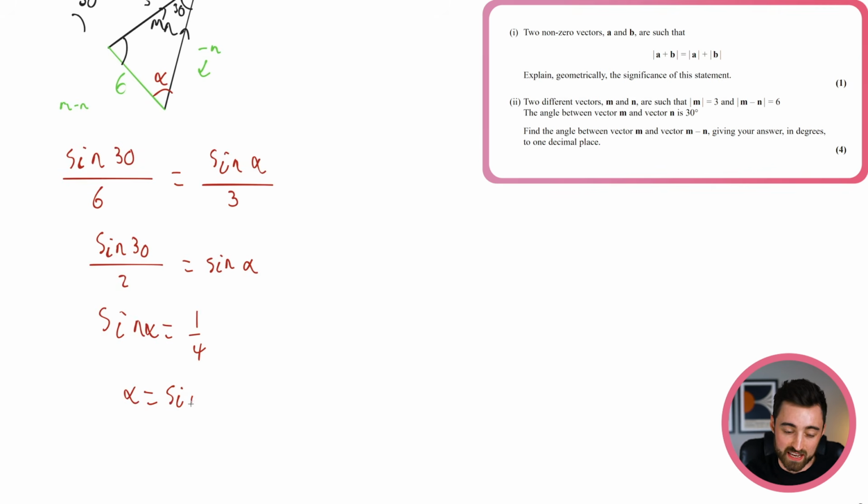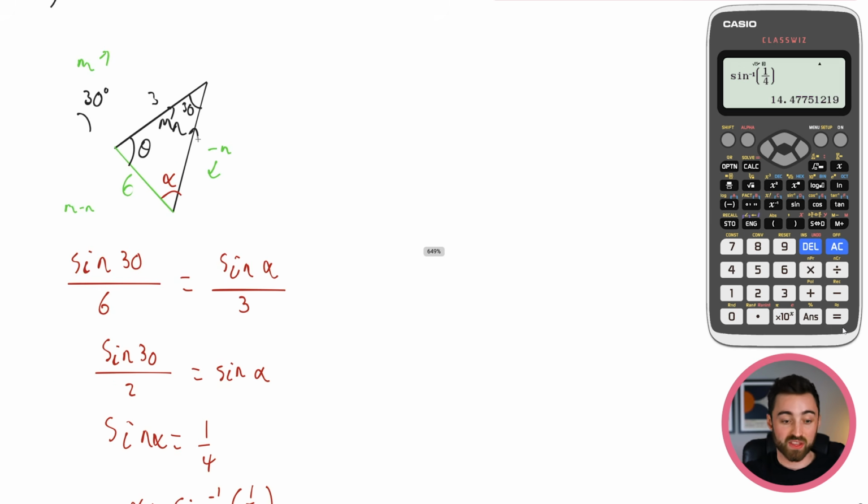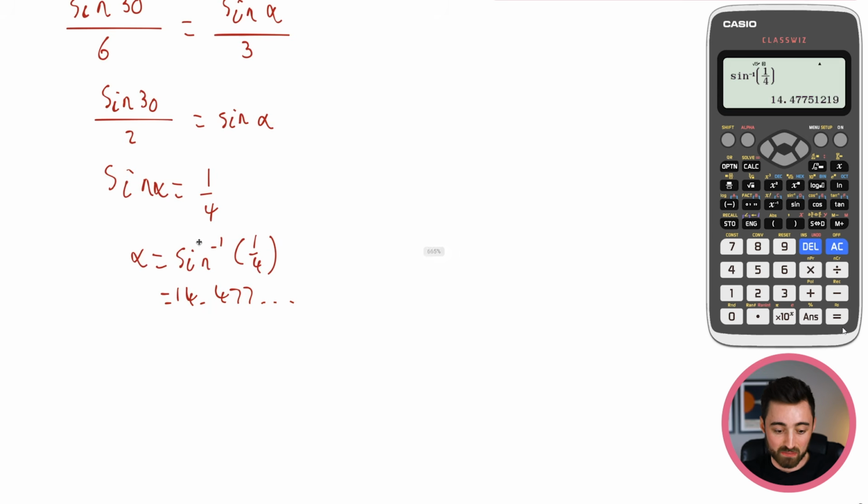Therefore, alpha is going to be the inverse sine of a quarter. So what's that going to be? Sine to the minus 1 of 0.25 is 14.477, blah. So that's that, but how would I get the angle that I want, theta, for example, from this? I need to do 180 minus the 30 minus the alpha. So my final answer here is going to be 180 minus 30 minus alpha. So I've got this alpha in my calculator as Ans, haven't I? So if I do 180 minus 30 minus Ans, that's going to get me my answer, which is